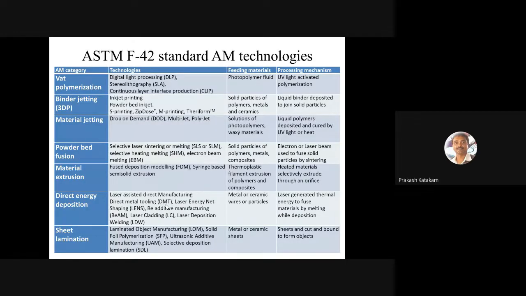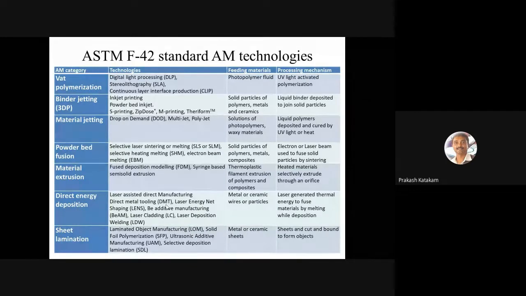The American Society for Testing and Materials sets the highest standard for materials in the world. Every man-made material available in the world has been given certain standards. So recently in 2017, ASTM gave a classification of additive manufacturing technologies or 3D printing technologies. Earlier we had only 2, 3, 4 classifications, but we now have about 7 categories of additive manufacturing or 3D printing. It comes under the category of ASTM standard F42.